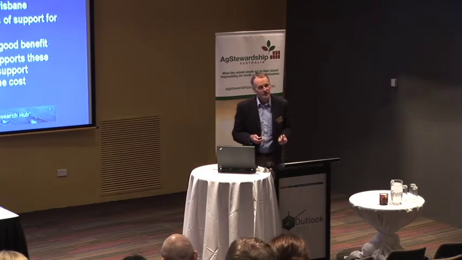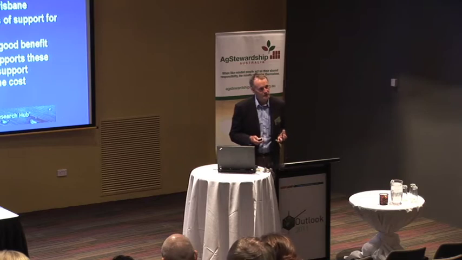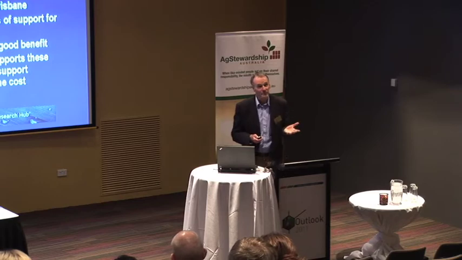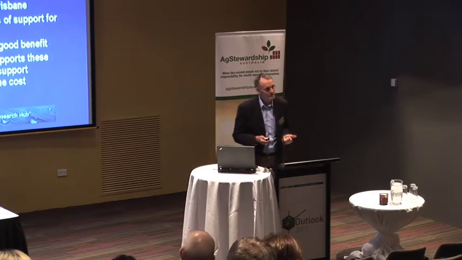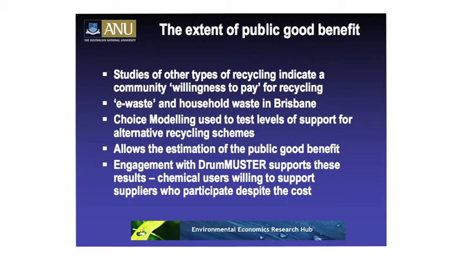Now that's an interesting phenomenon because what we're seeing is producers volunteering to up the price of the product they're supplying to the market. You don't have to be in this scheme. So you could see this as an opportunity to lower your price and not be part of the scheme. Yet the chemical producers want to be involved. Right? And the farmers, the buyers of the chemicals, can opt for a different chemical, a different supplier, and not be part of the Drum Muster program.